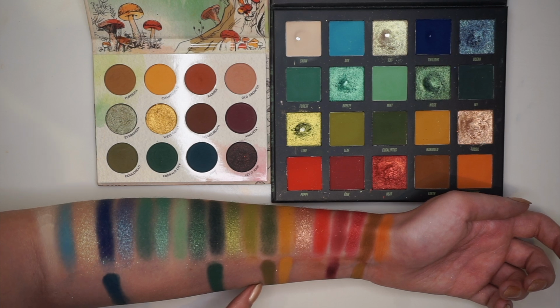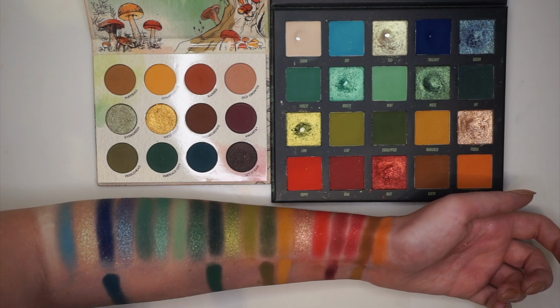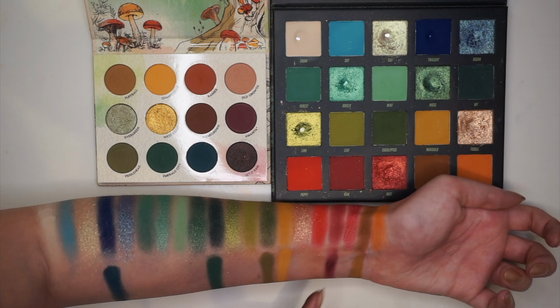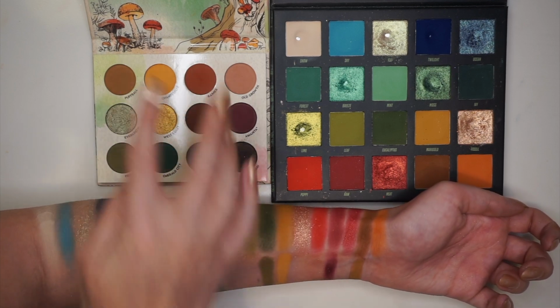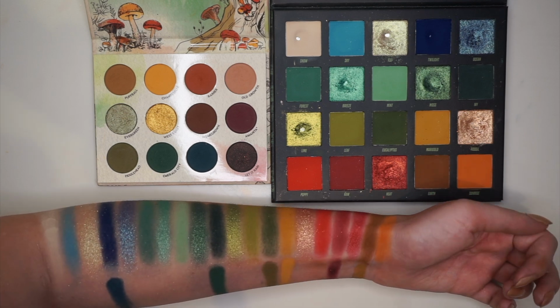Then we have the shade here, which is Fiddlehead compared to... No, sorry, this one is that one. This shade here was Ivy, actually. Then we have Marigold compared to Chanterelle. And down here we have Amanita, I think, compared to Raw. And then lastly we have the shade Puffball compared to Earth. So yeah, I would definitely have thought these were more similar than they are, but there's not actually a lot